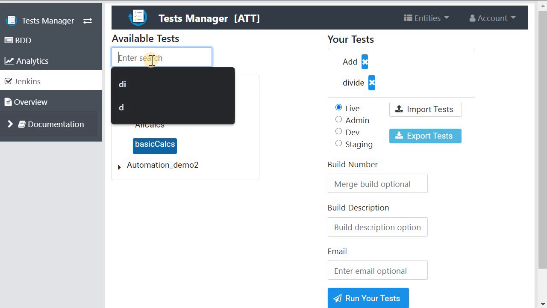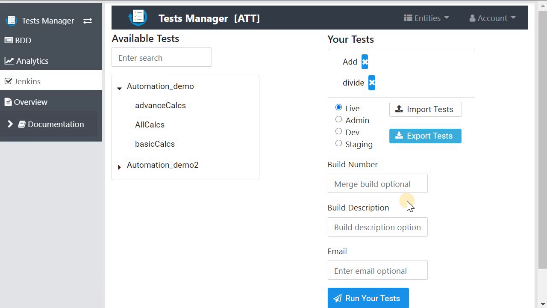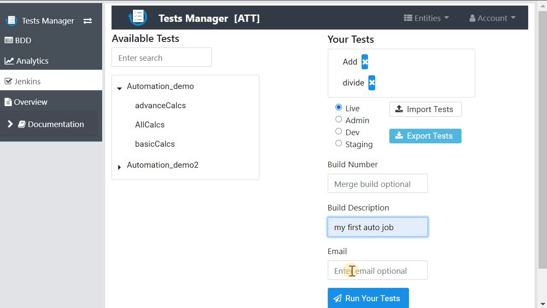Also I can search for a test. I can select environment, import tests, export tests, give a build number, and give a description to this build. I will give a description and send email.